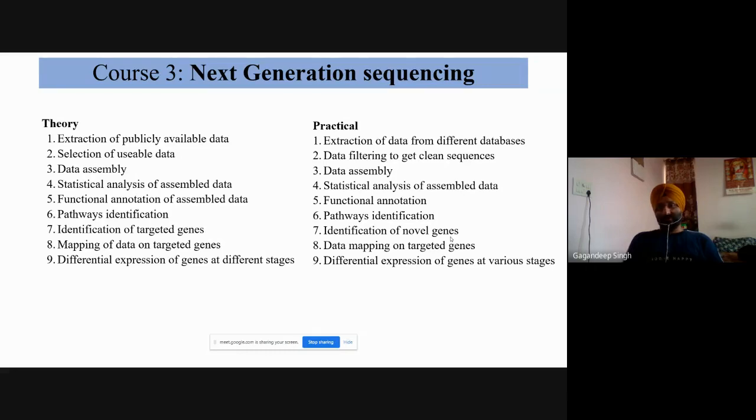This is a very important part in the wet lab. First of all, we have to select some samples, so sampling is very important. What are the conditions of those samples? Maybe there is a control sample, like a normal sample, and some disease samples. We can compare the sequences of the disease sample with the normal sample. Then we can find what kind of proteins are affected by the particular disease, and whether those proteins are affected only in a particular region or only in a particular ethnic group. What are those proteins affected by this particular disease?